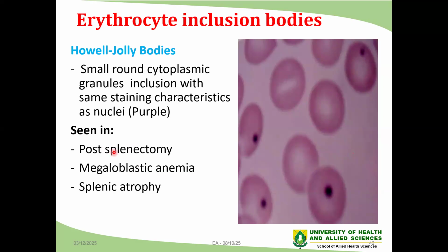The spleen acts as a quality officer to check all cells that are passing through the blood. Any cells that the spleen finds to look abnormal, the macrophages within the spleen will try to destroy. So if you take out the spleen, these abnormal looking cells will just thrive. They will continue to live. And so once the spleen has been removed, that is post-splenectomy, you might come across some of these cells in